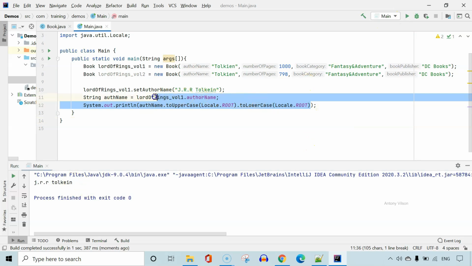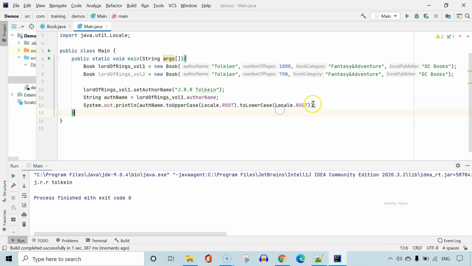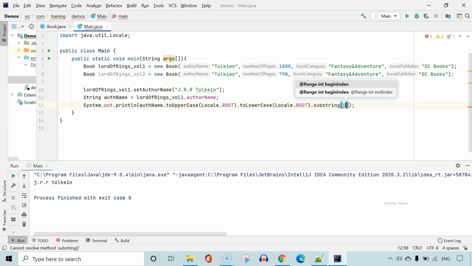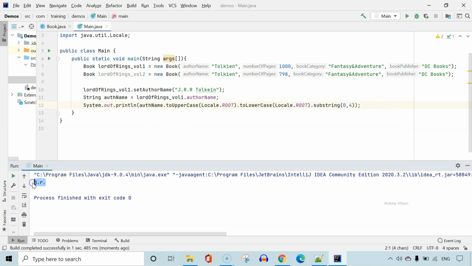Now this is still a string object. That means this can still call string methods. Okay, let's call substring. Then we can call begin index. Then we can call 3. Now I'm going to run this program. See here, we got JR, first 4 characters of the author name.